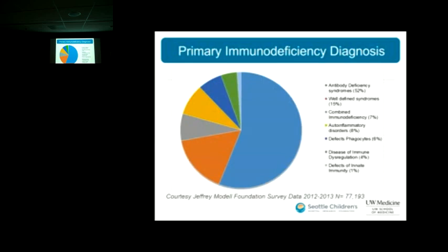The classifications include the largest group of antibody deficiency syndromes, which are this dark blue here, the defined syndromes, which include the DiGeorge or the Wiskott, combined immunodeficiency, and both autoinflammatory and defects of the immune dysregulation with defects of phagocytes here. We also talked about the fact that there's over 300 diseases and over 300 plus genes,